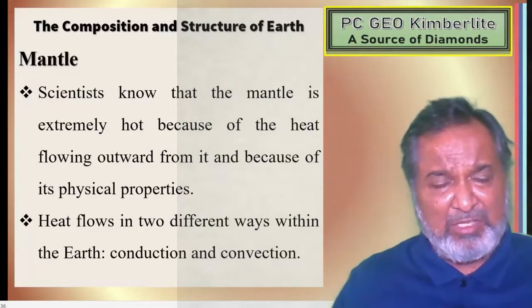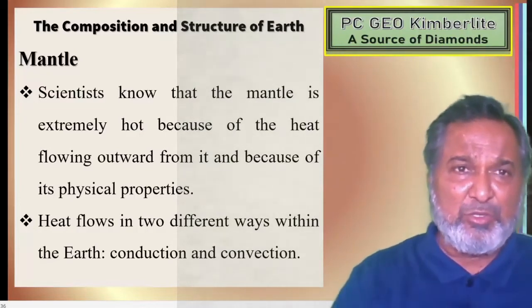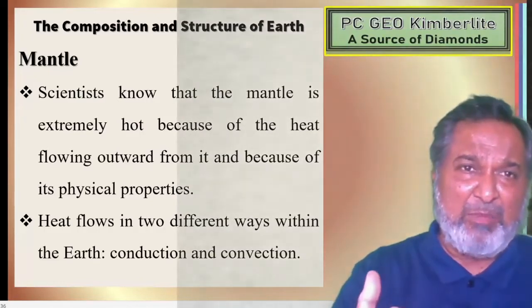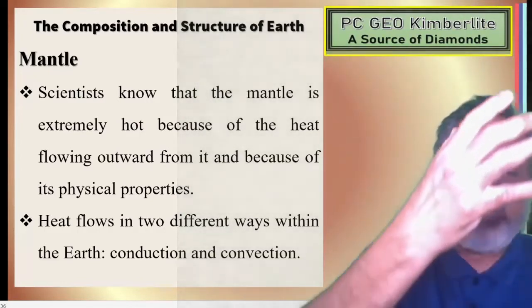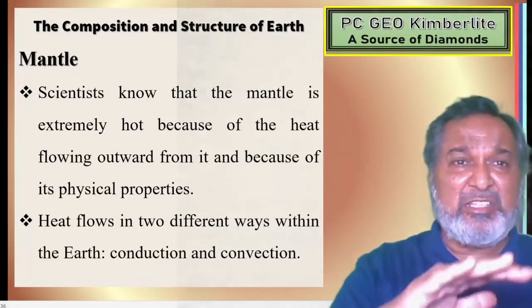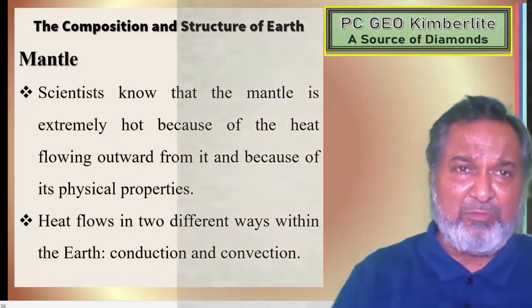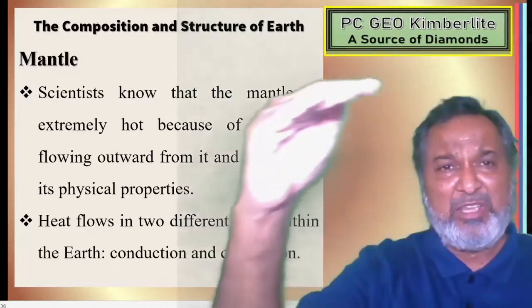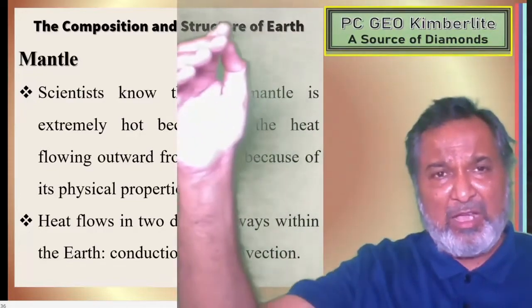So the heat comes out from the core to the mantle, from hot towards the cooler side, and the mantle still gets heated. The energy comes out towards the crust, which is a cooler part. So hot waves come out from the lower part to the mantle. Horizontally they go out and cool down.